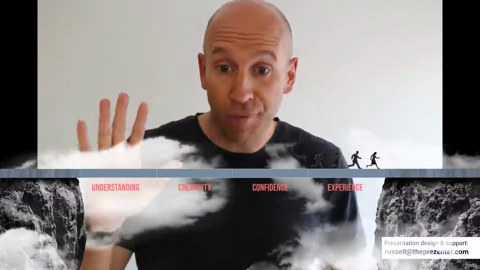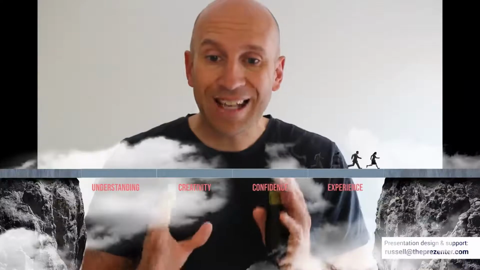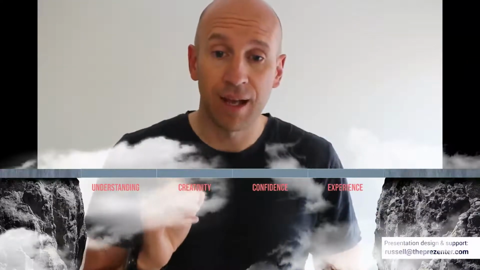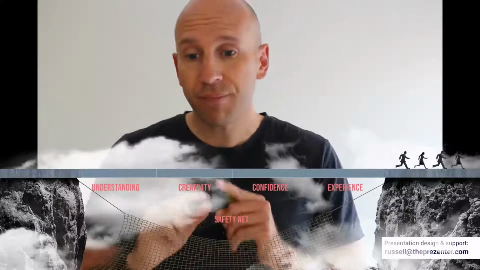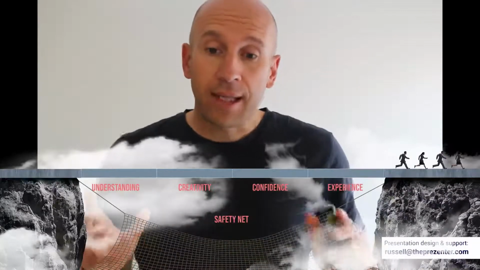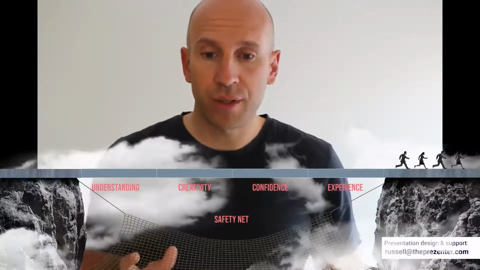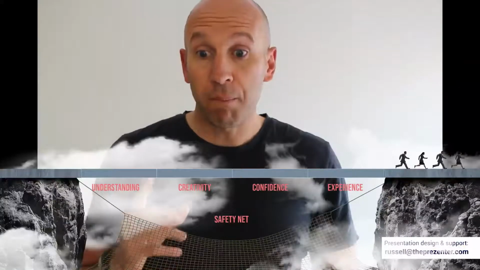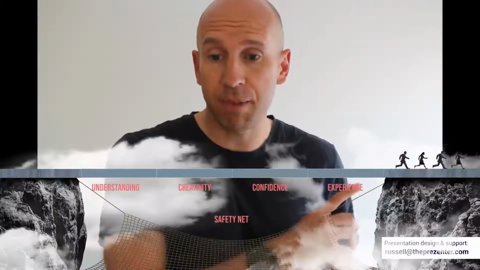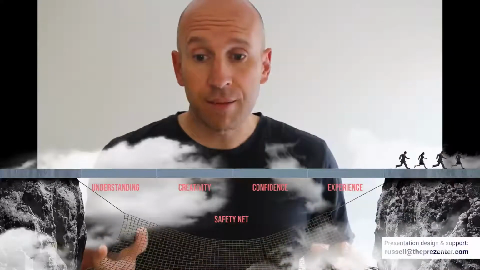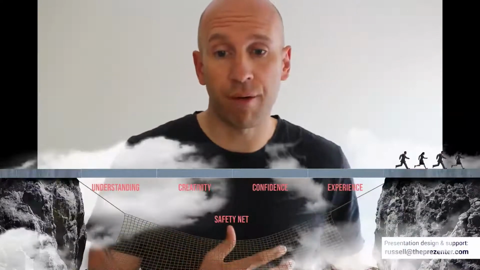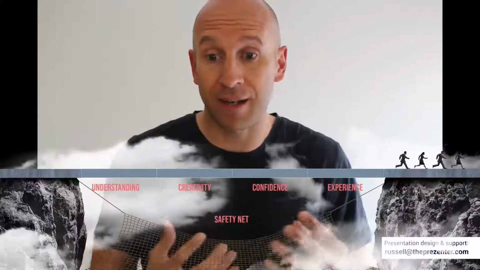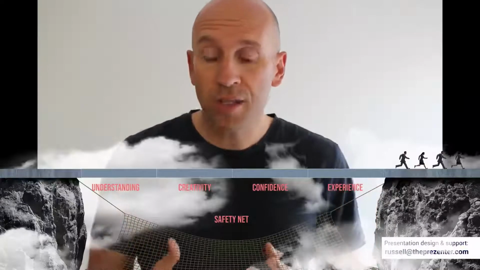Now, I said that there was 5 things. This is just 4. The last thing that you should look for if you want to be sure that you are in capable hands, the last thing you should look for is a safety net. Now, again, over the years, we've heard lots of horror stories of people commissioning presentation designers who maybe do have a lot of this experience, but for whatever reason, because they're a freelancer, they work on their own, life gets in the way, things can happen to people that you just can't account for, but there's no safety net.